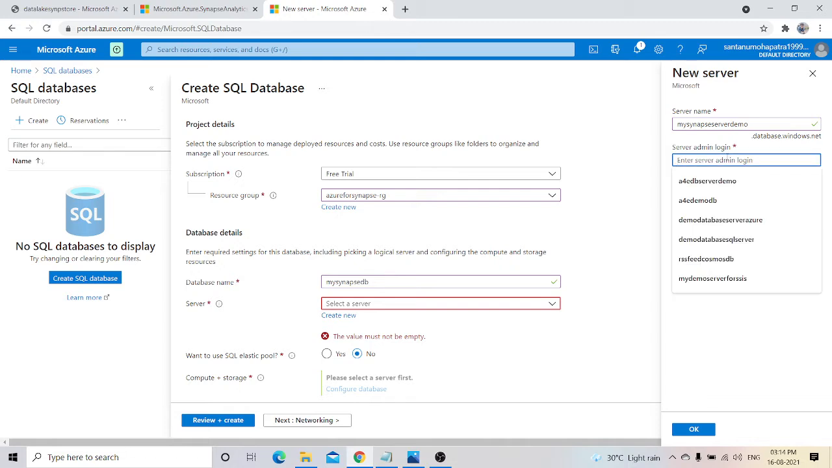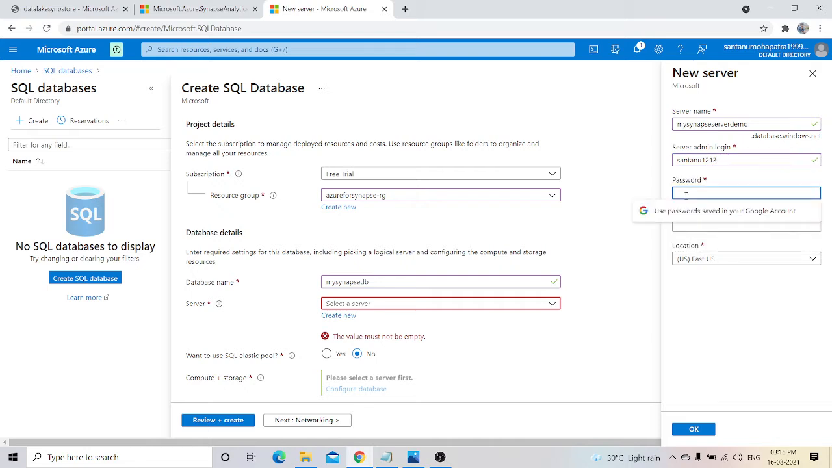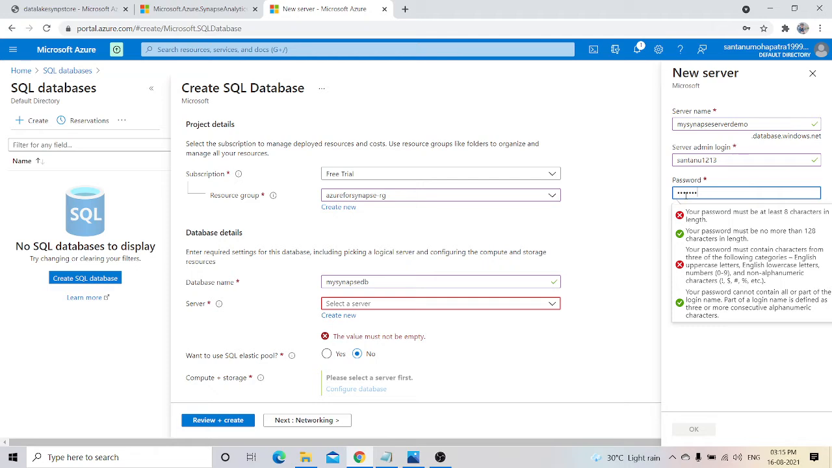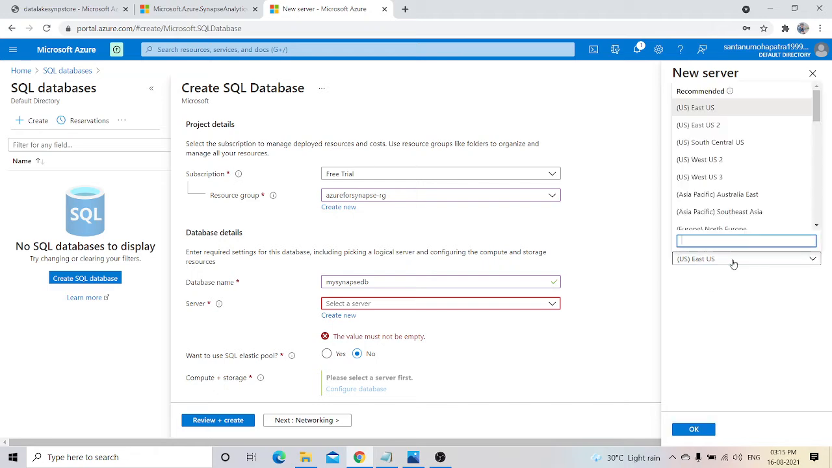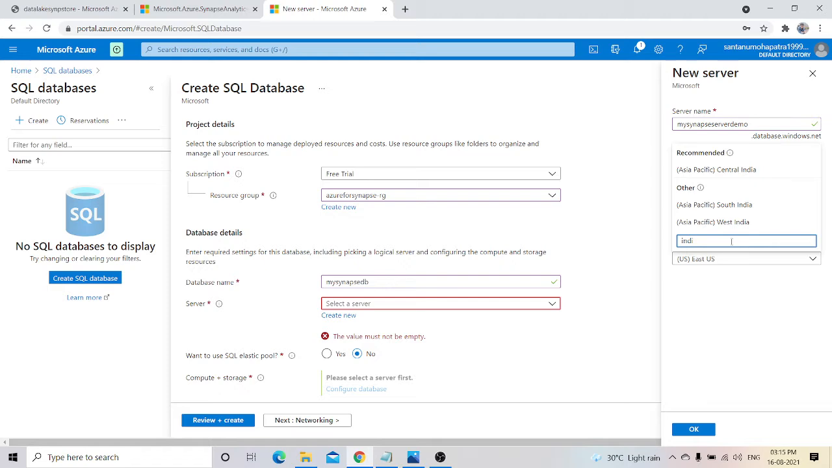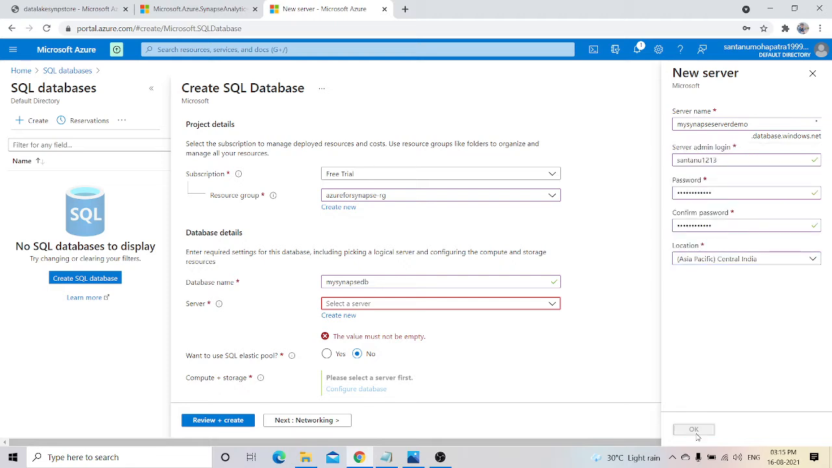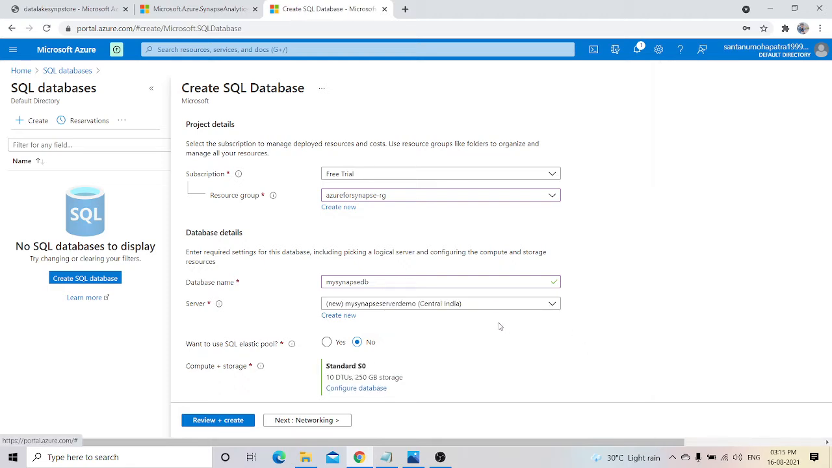So admin login. So I will give the login user ID. I will give the password. Note that this password is different from the one that we have given during the security part of the creation of the Synapse account. So here we need to give Central India. We'll hit on OK. Okay, so